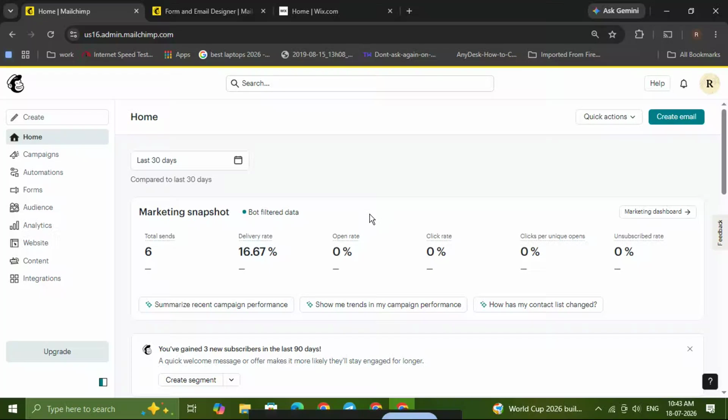Today I'm going to show you how to translate a Mailchimp sign-up form step by step so you can make your form feel local, clear, and easy for your subscribers to understand. If you're building a multilingual audience, this is a simple but powerful way to improve sign-ups and make your email